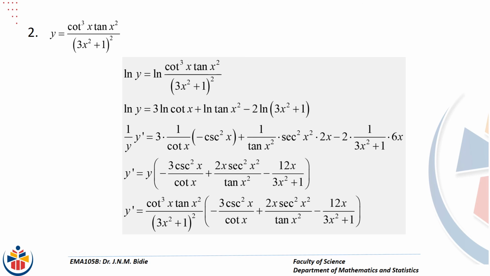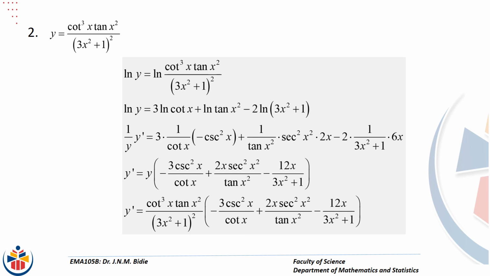Ln y gives us y prime over y, and 3 ln cot x gives us 3 times 1 over cot x multiplied by negative cosec squared x. And then the derivative of ln of tan x squared is 1 over tan x squared times the derivative of tan, which is sec squared, and the argument of tan was x squared,